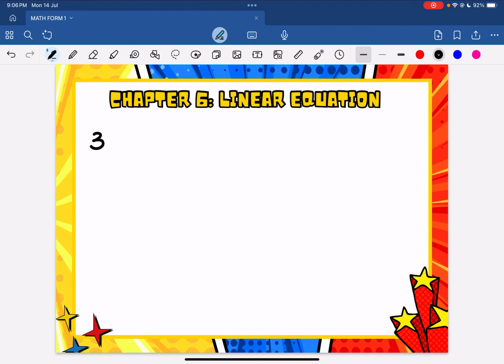Number 3. For example, we have 2x equal to 8. How to remove times? How do you know this is times? This is actually referring to 2 times x, so that's why it's times. So how to remove times? Divide, but divide by what? Divide by 2. On the left side divide by 2, on the right side do the same thing. So here we go, we get x equal to